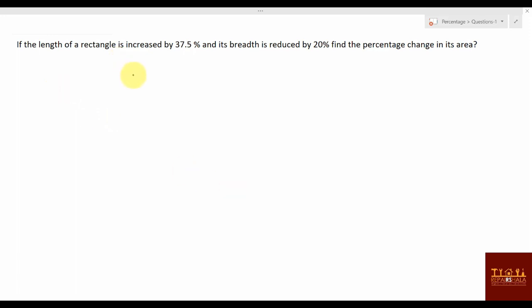So we can say that area equals length into breadth. This is increased by 10 percentage and this one is increased by 20%. Taking the previous question, this will become how much? You can say the multiplying factor will be 1.1. Here the multiplying factor will be 1.2. If you multiply, you get 1.32. How much increase? 32 percentage increase. One method.